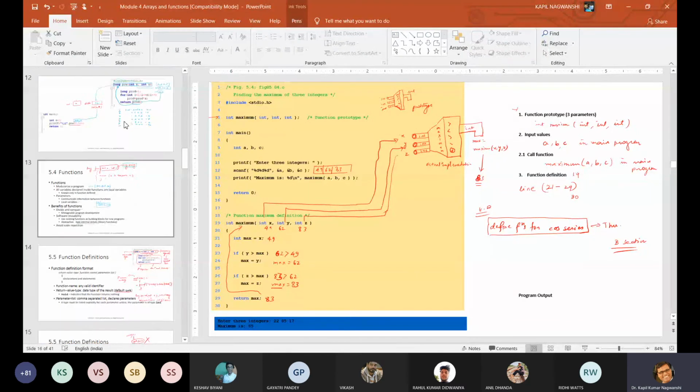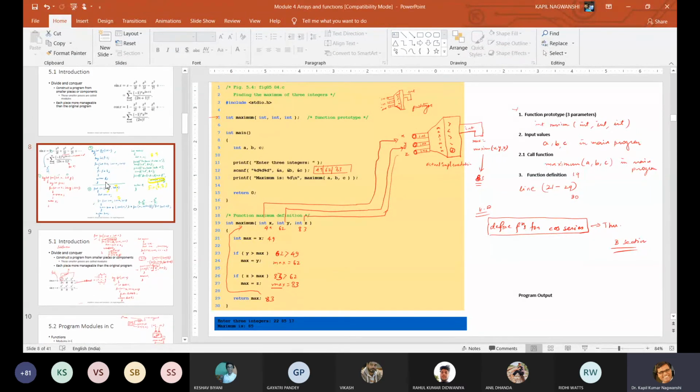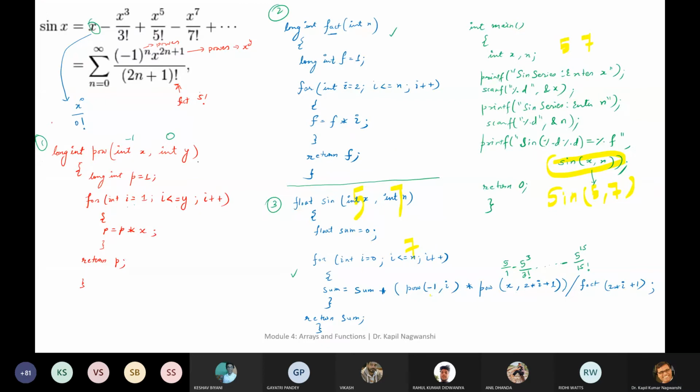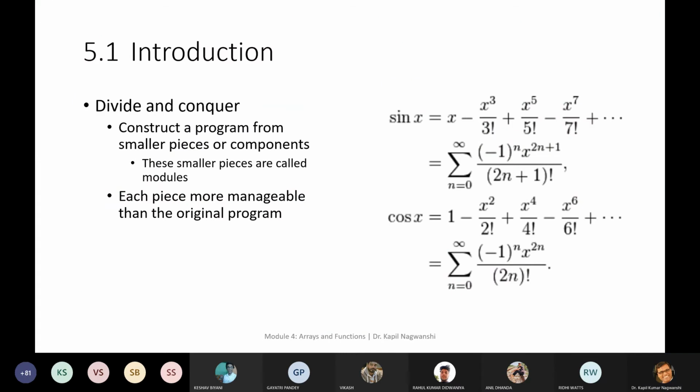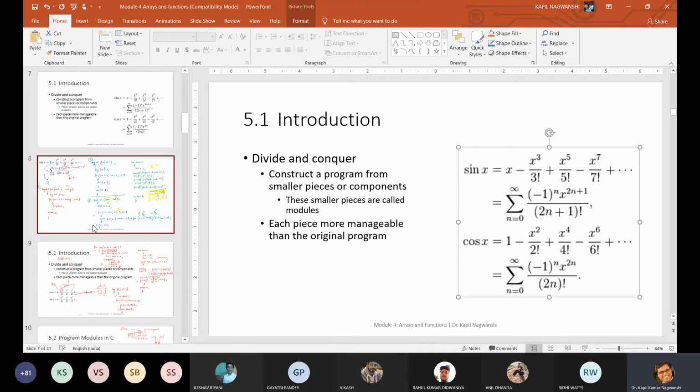So let me show you the sine series first, and you have 5 minutes. You need to convert this whole program into cos. For this, you require the cos function. So let me copy the cos from here.